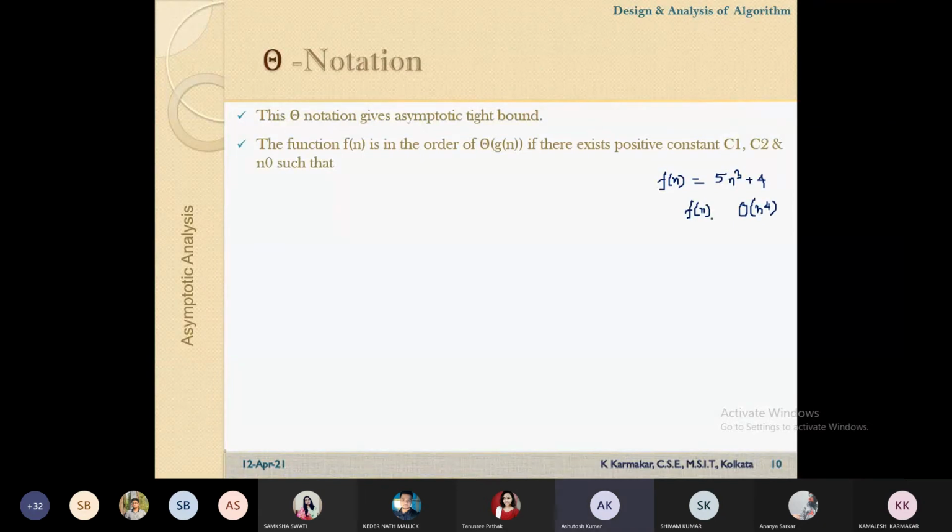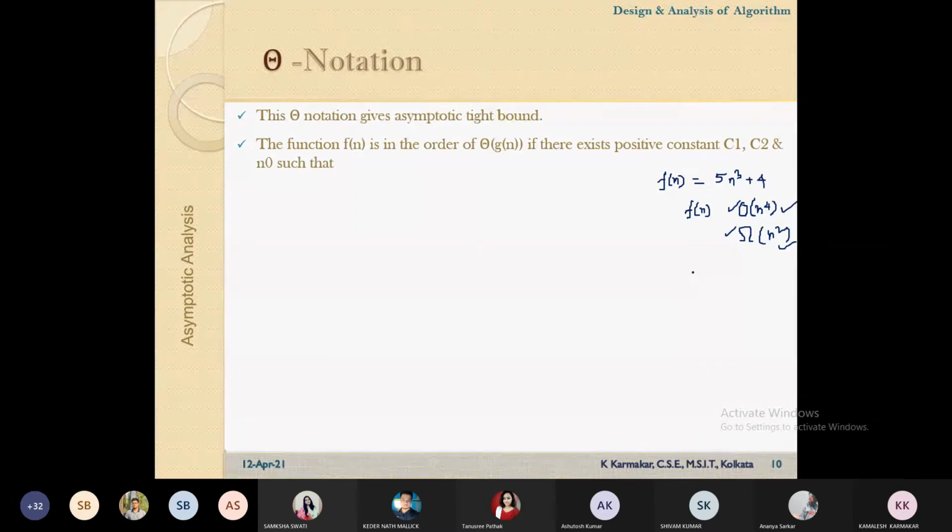Yes, sir. Asymptotic upper bound. So this one is correct, asymptotic upper bound. Now, similarly, if we want to calculate the asymptotic lower bound, we can represent it as big omega of n square. This one is again correct because the inequalities according to the definition will be satisfied. There is no problem. So if the inequalities are being satisfied, we can represent it like this or this.